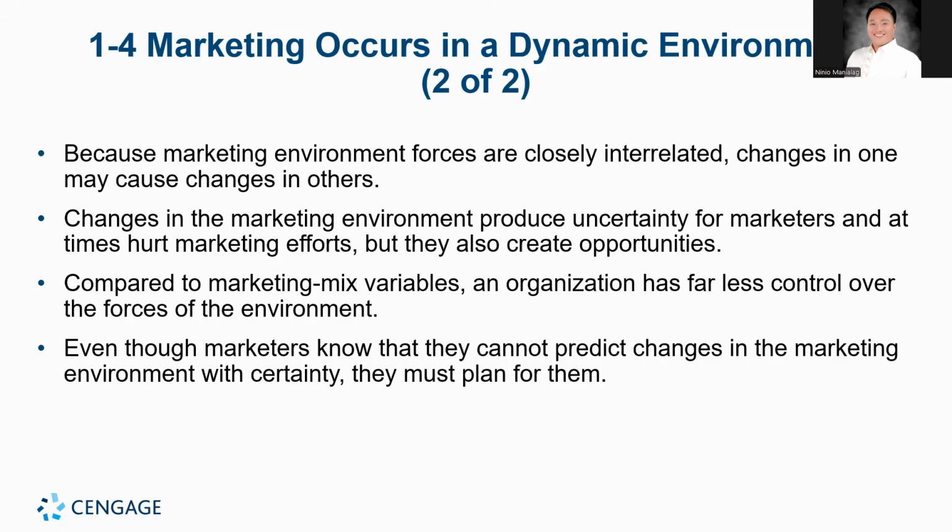Although marketers need to respond to these changes, it is more important to understand that they have limited control over the external environment. Compared to marketing mix variables, an organization has far less control over the forces of the environment. Businesses can control their marketing decisions such as product, price, promotion, and distribution. However, they have little control over external factors such as economic conditions, government policies, technology, and customer trends. So, since marketers cannot control these environmental changes, their responsibility is not to prevent change, but to prepare and respond